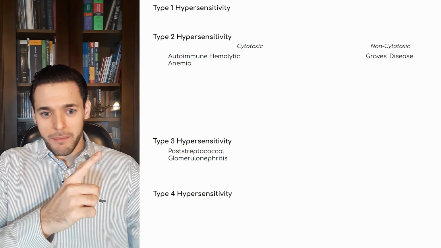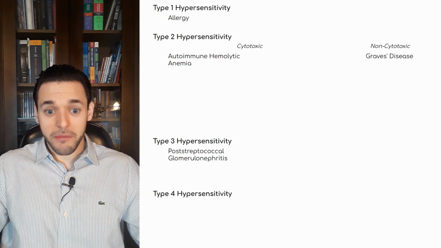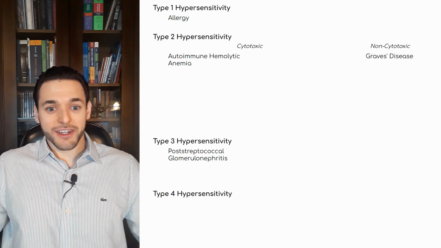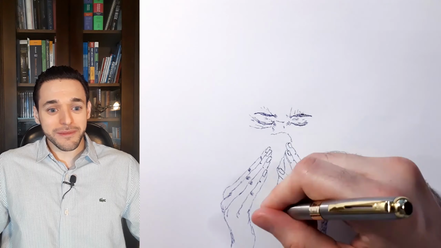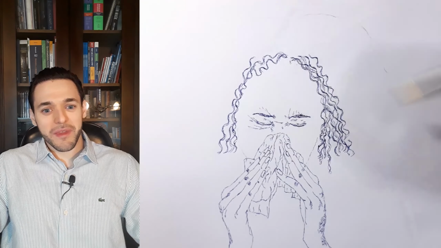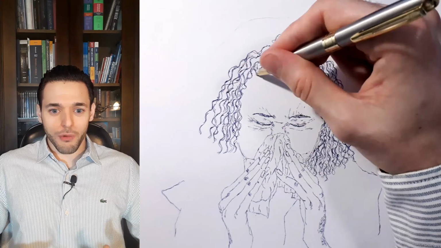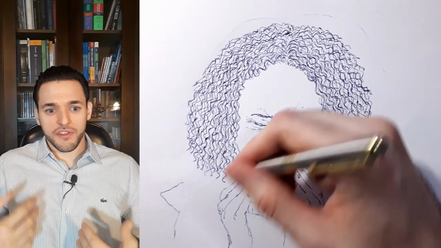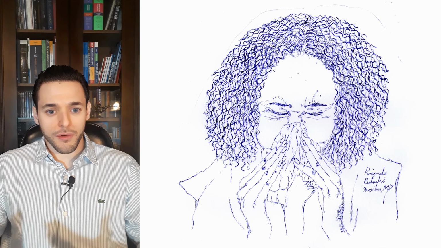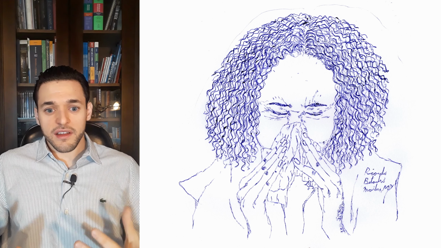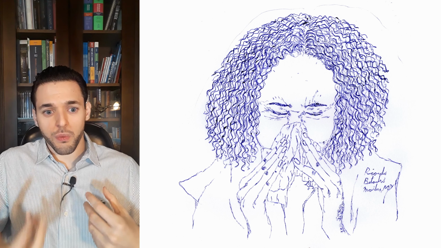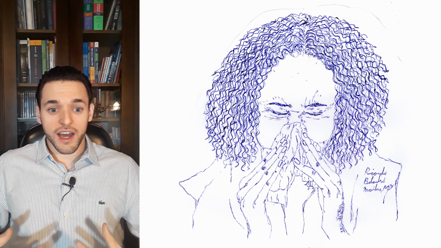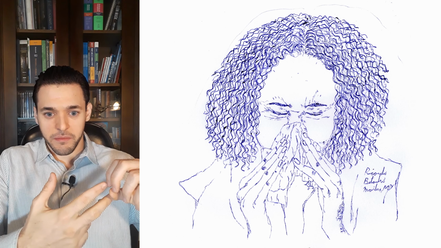Type 1 hypersensitivity, on the other hand, is allergy or atopy. This is the pathological description of the allergy mechanism. When you have your first exposure to an allergen, your immune system will mount a primary response. And eventually, the Th2 cells will induce B cells to class switch and start producing IgE against the allergen.